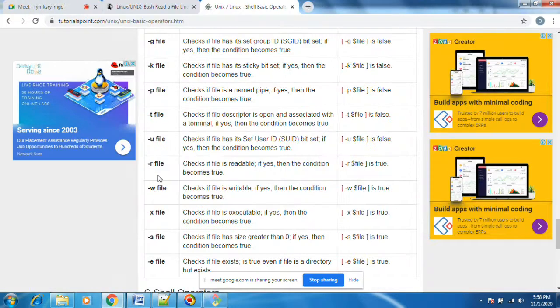We can check whether the file has read permissions and whether it has write permissions. If you want to write output data into a file, you need to check that the file has write permissions.